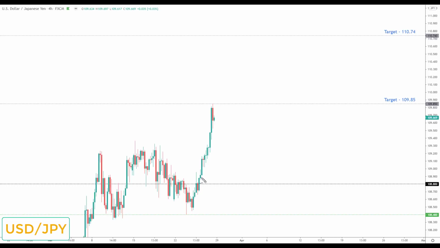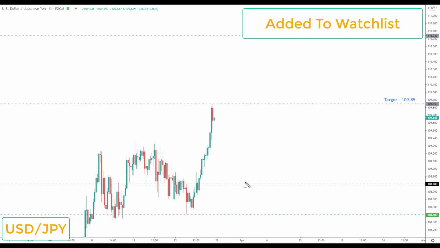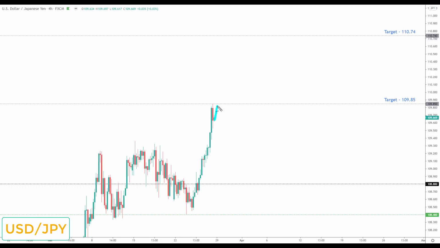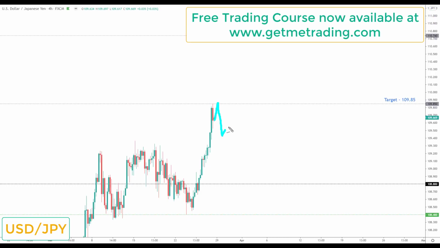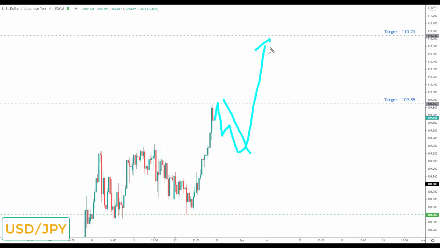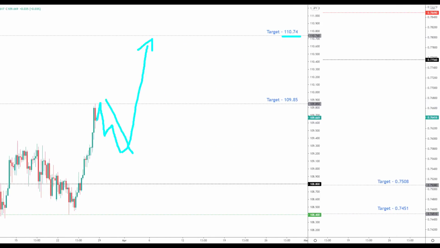What I'd be looking for next week, and this market does go on the high probability watch list, we have really nice momentum. Any correction, maybe we take out the target first. Any correction in this market will once again be viewed as another opportunity to look for bullish reversals up towards the next key of resistance to the upside and target 2 at the 110.74.